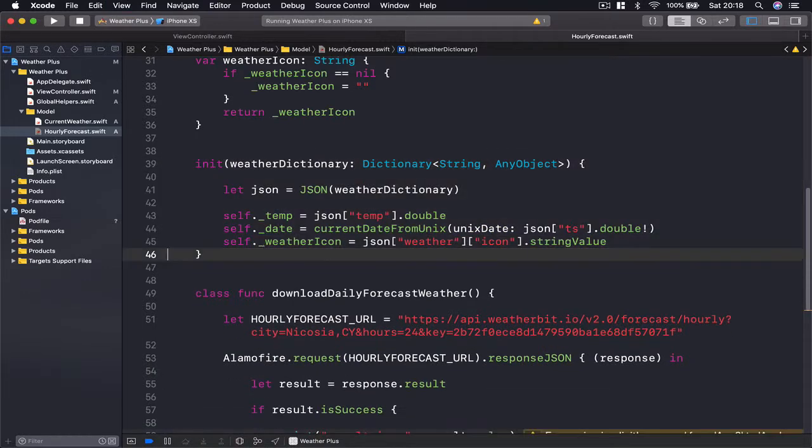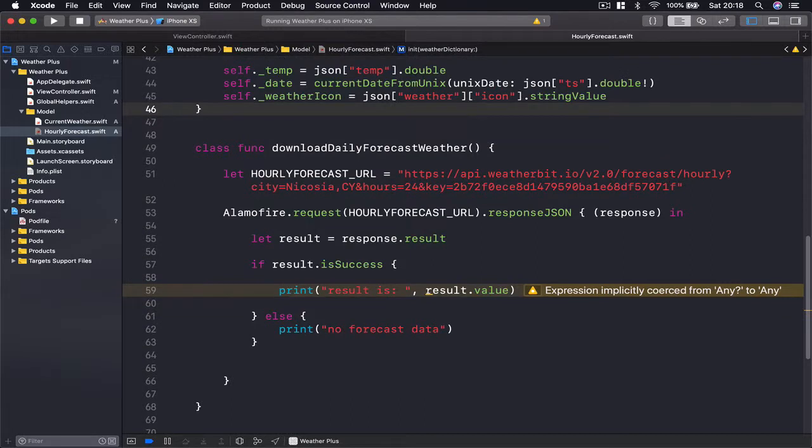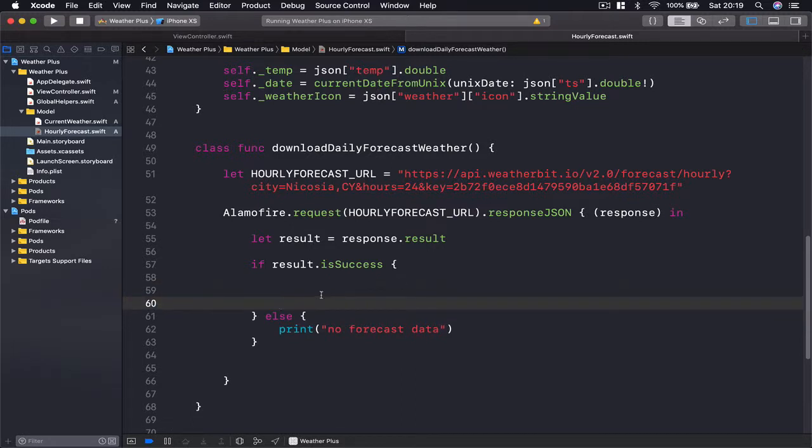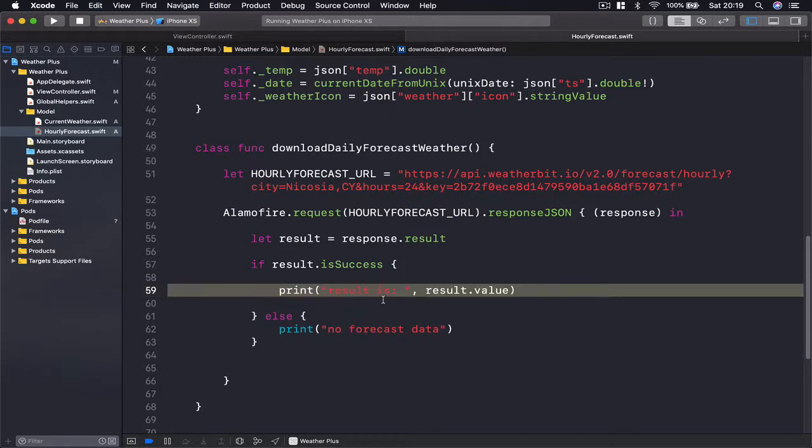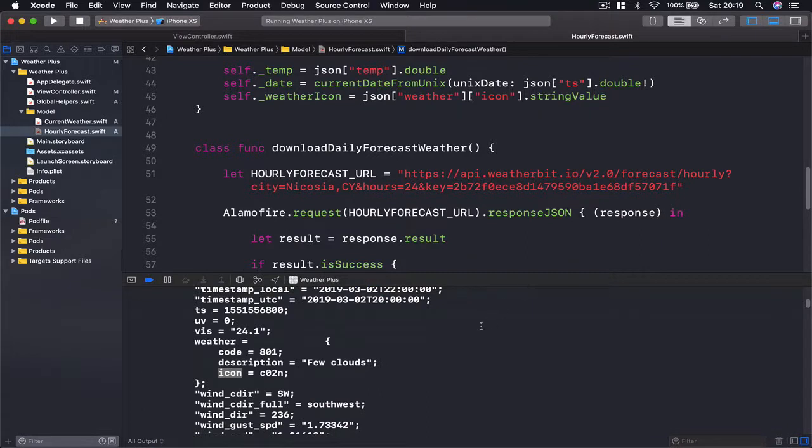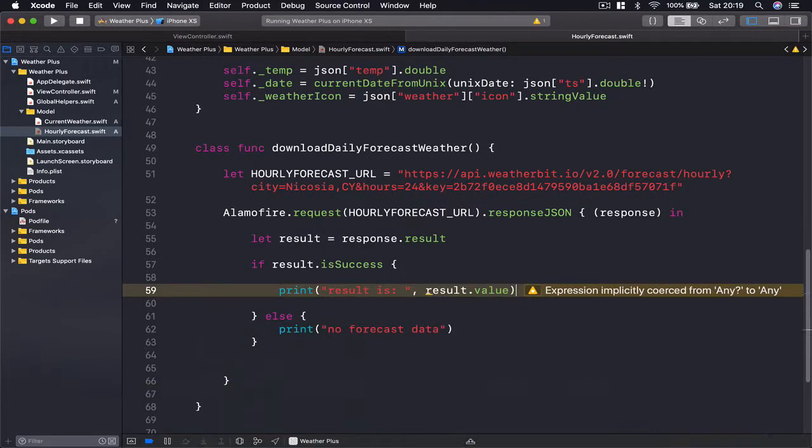So now we can use this in our code. And let's see how we're going to use this. Instead of printing my result here, for every result we are going to do that. So what I'm going to do is create a dictionary from our result value, because you can see here we are printing our result value, which is all the results. So we need to create a variable here